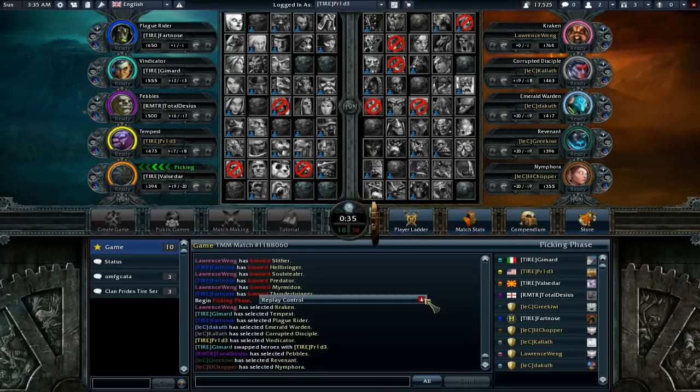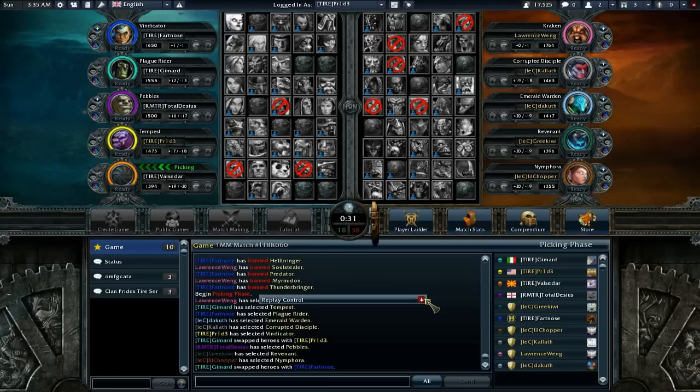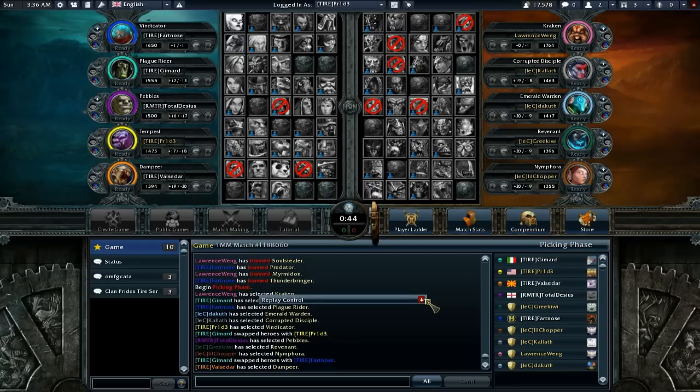Which surprised us, so we immediately picked up Vindicator, which was the one guy that could counter that combination of Plague Rider and Tempest, and you'll see how deadly that combination is later on during the game itself. But it had a lot of kills, it really did. So just to kind of get started here,